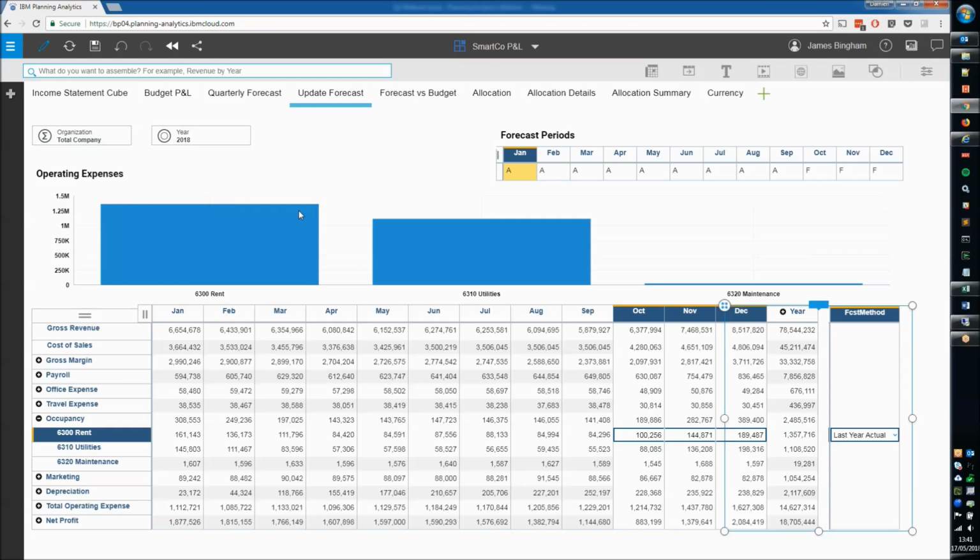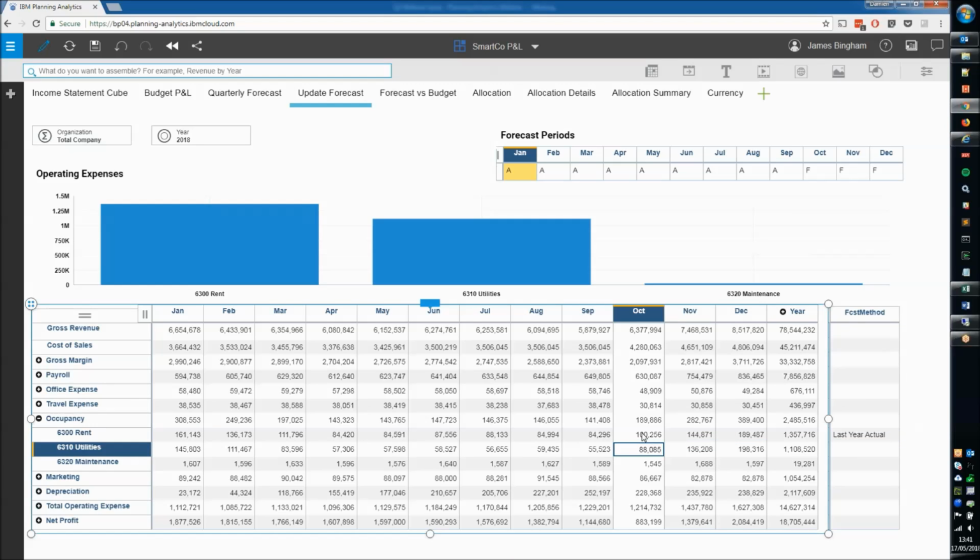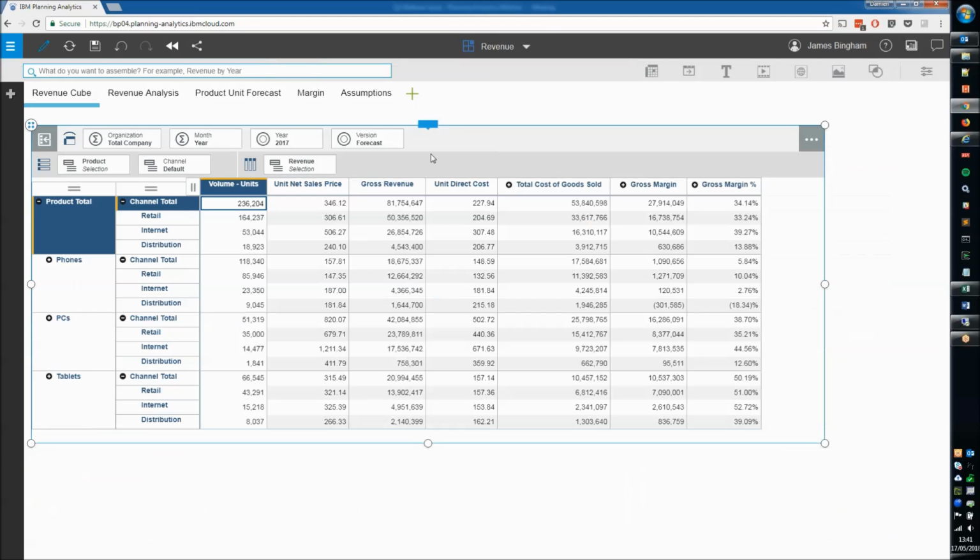And you can see that that's just updated. It didn't change substantially, so it was just a minor change here in the chart. But now these periods of rent are equal to last year's actuals, again, calculated in real time. So moving on, that's on the expense side for the forecast. But if we wanted to affect the revenue side,